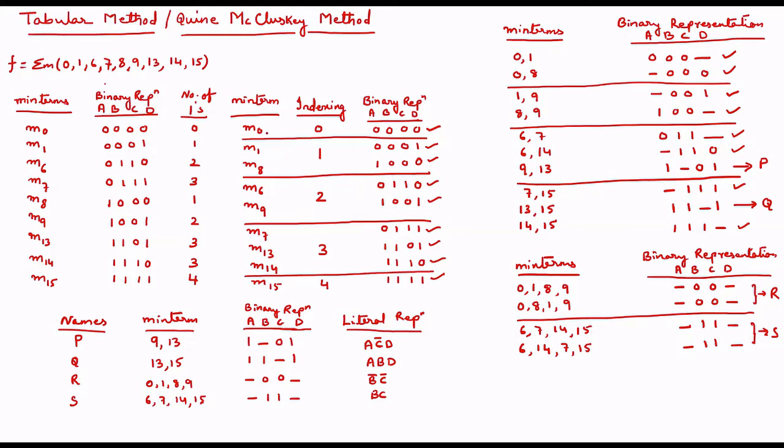Once that is over, I will compare 0 with 8. What I am finding is the first bit is changing, 0 and 1, and the rest are all the same. So I am putting 0, 8, first a dash, then 3 zeros. In a similar fashion after this I am comparing 0 with 6. I am finding a 2 bit change, 0, 0, 1, 1, which is not allowed. So when I have taken 0 and 8, I have put a tick mark over here and a tick mark over here. Now 6 and 0 has a 2 bit change, not possible. 9 is also a 2 bit change, not possible.